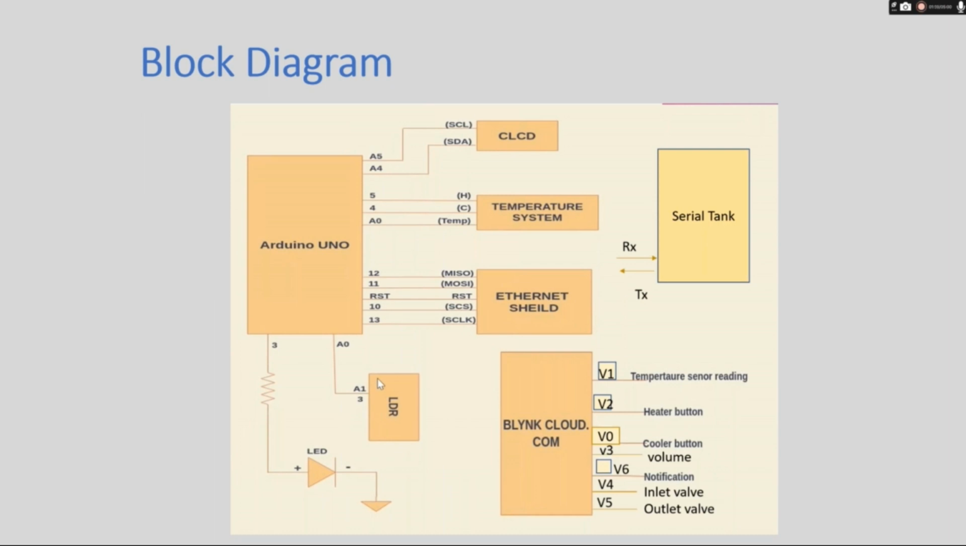We are interfacing an LCD display, which will display the temperature of our home and the volume of water available in the tank. We are also going to connect it to the temperature system through which we control the heater, cooler, and sensors, with the atmospheric temperature displayed on the LCD. It connects to the internet. We are going to use an internet module as it does not have connectivity to the internet itself, and it is also used for the